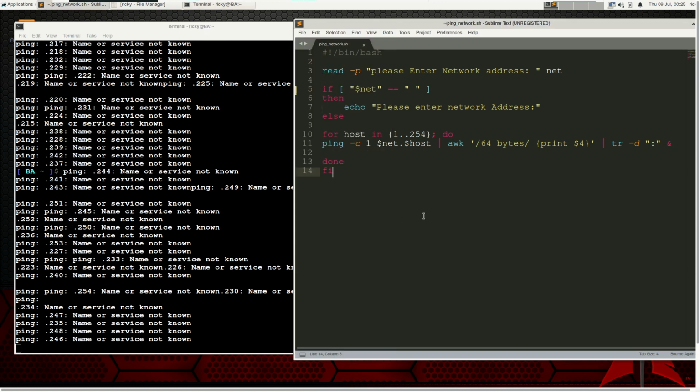No, still not that one. Okay, we need to correct this one. What is happening? If net equal that one, then echo please enter network address as net, read, else then echo